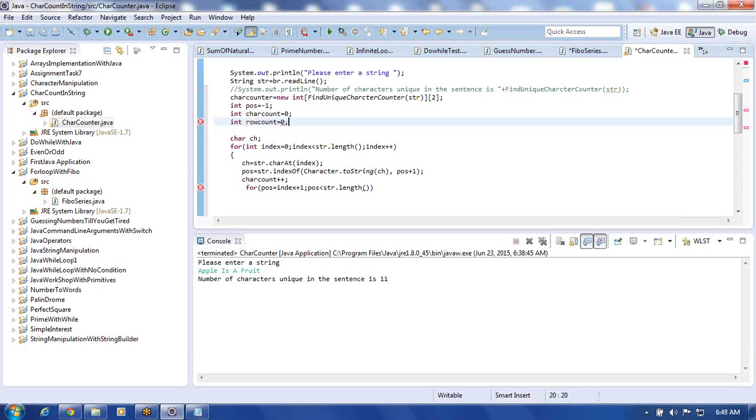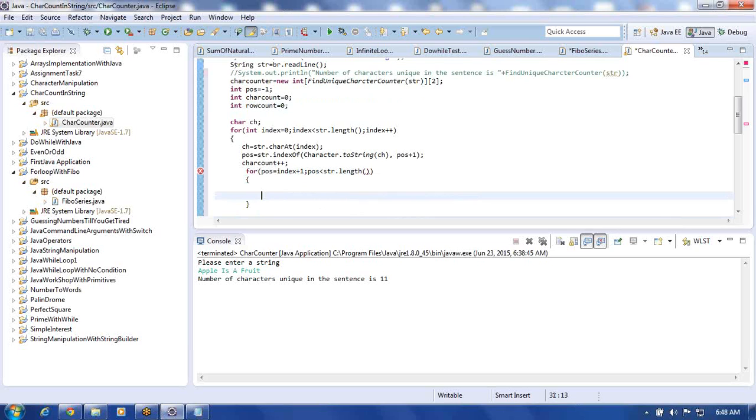Row count equal to 0, put like this. So this is going to be for us length it is, and inside this index plus 1, then str.length we put here. If we find again if it is